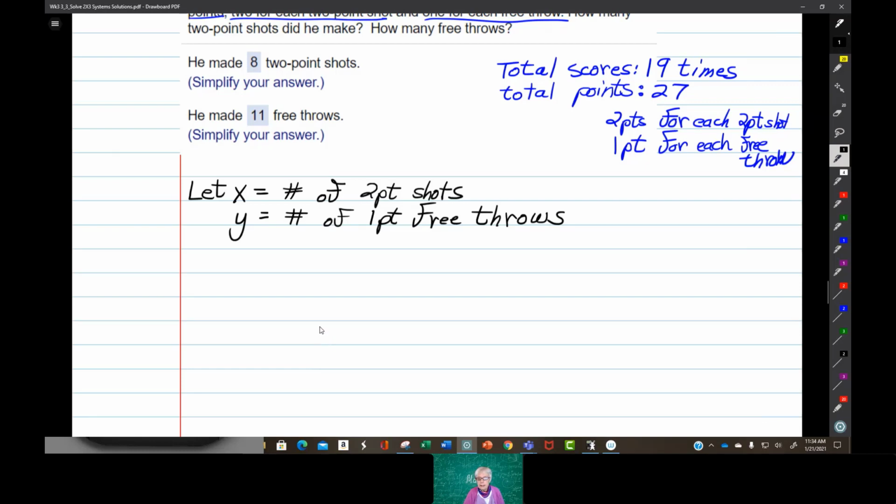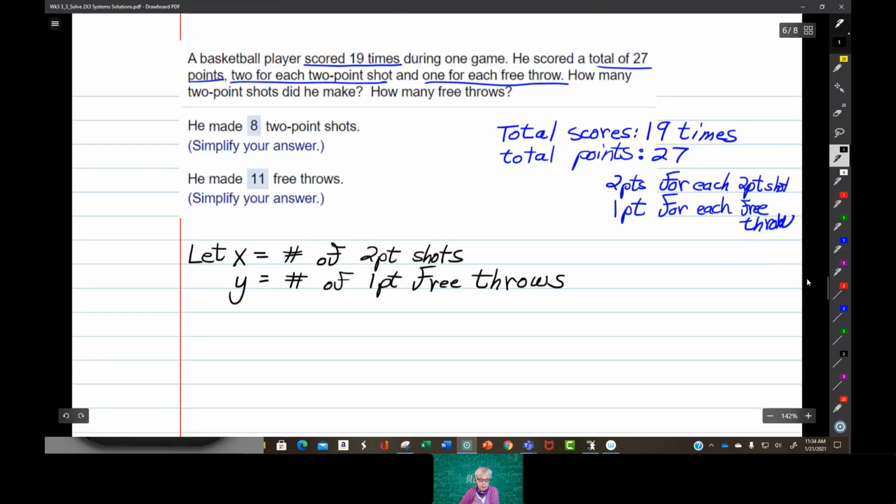Each x equals 2 and each y equals 1. Well, let's just go to basics here. The total number of scores in the game by this person